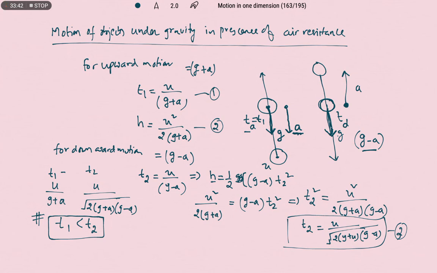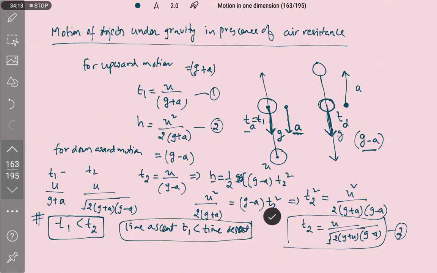So we are going to get the conclusion as time of ascent. Generally most of us thought that when the object is moving under air friction, the time of ascent will be more than the time of descent. But practically what is happening here? Time of ascent is less than time of descent. So it is a very important theory: time of ascent is less than time of descent.